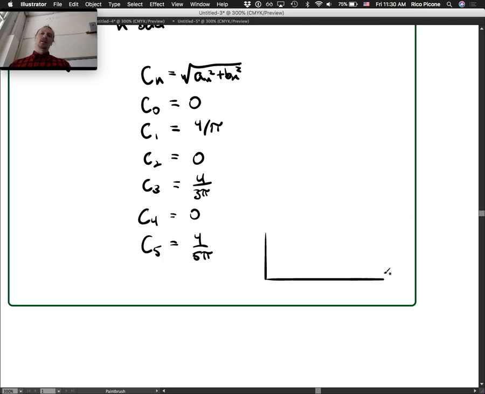We would say, here is omega, here is our harmonic amplitude, Cn, here is omega 0, omega 1, omega 2, omega 3, omega 4, omega 5. And then we've got our C0 is 0, our C1 is 4 over pi,